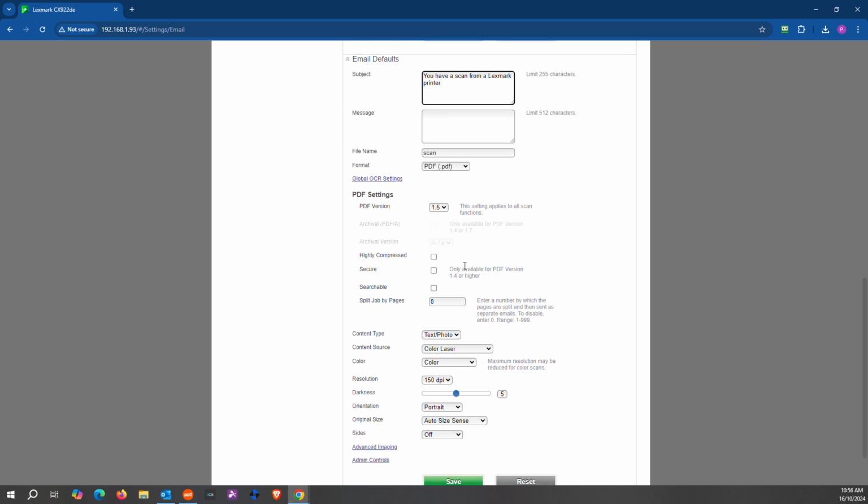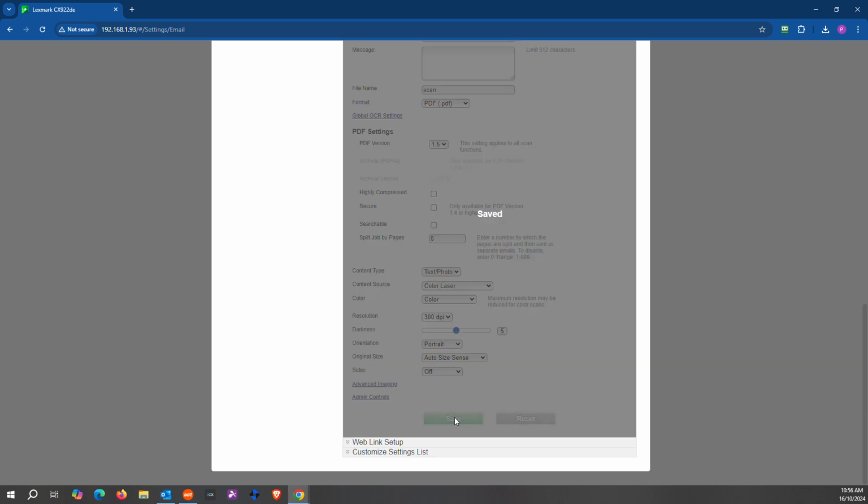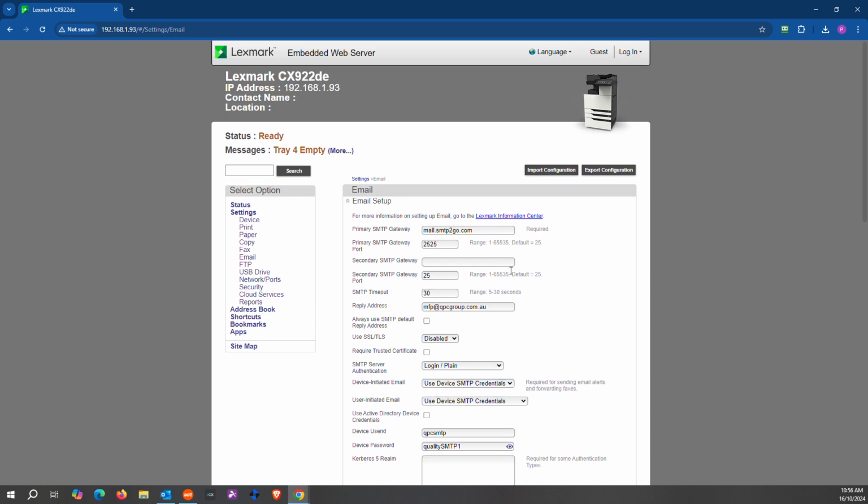PDF. Here you can change what kind of PDF settings you want. We just leave as is. Content type, text, color, text photo, color, resolution, bump it up to 300. Orientation, yep. Original size, yep. Sides, we'll just leave it as single-sided. So that's all set up. That's connected to our SMTP servers, and you'll be able to test the scan to email